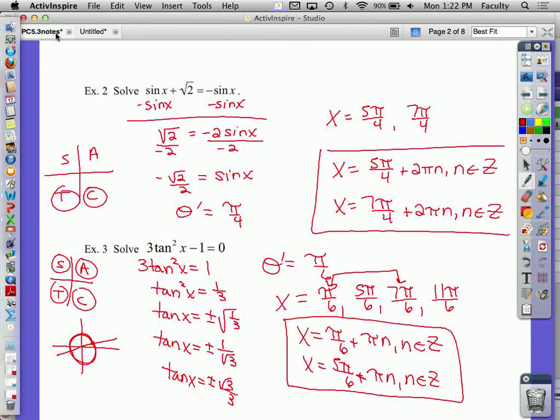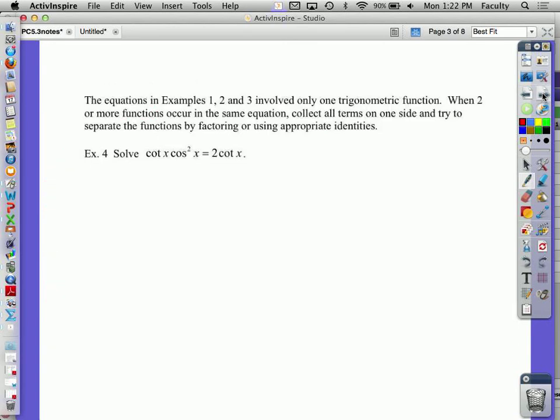All right, back to our notes. The equations in examples 1, 2, and 3 involved only one trigonometric function. When 2 or more functions occur in the same equation, collect all terms on one side and try to separate the functions by factoring or using appropriate identities. So in example 4, I notice I have cosine and cotangent. So I need to get everything on one side of the equation